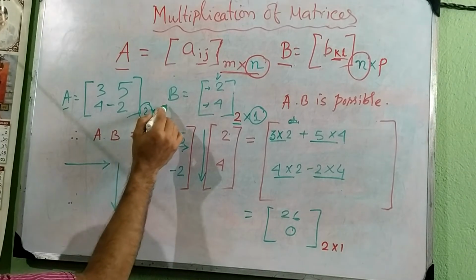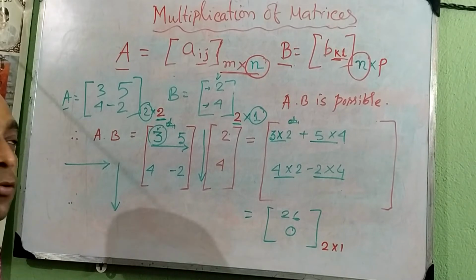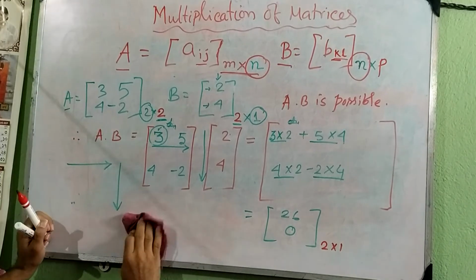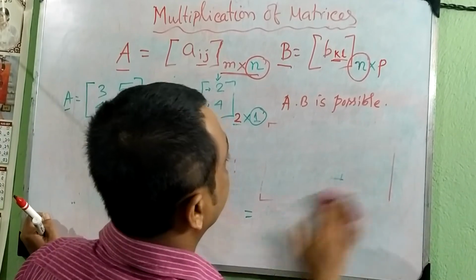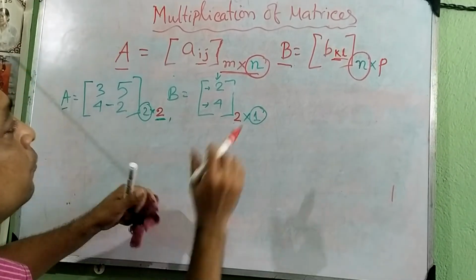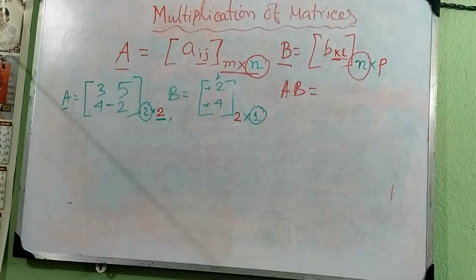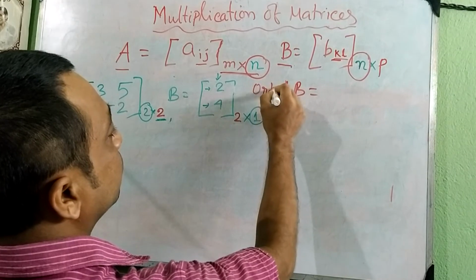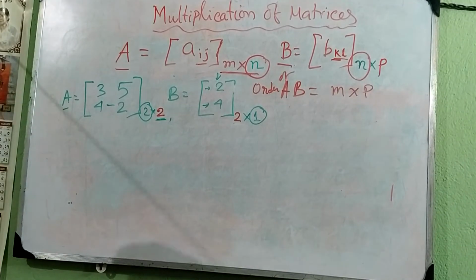So you can see this product comes from these two and this one; you can think of these as cancelled. So if anyone asks you to find the order of the product of two matrices without doing the multiplication, it will be like this. I'm just giving another example. If I ask what the order of the product matrix AB will be, the order will be m cross p, or m by p.